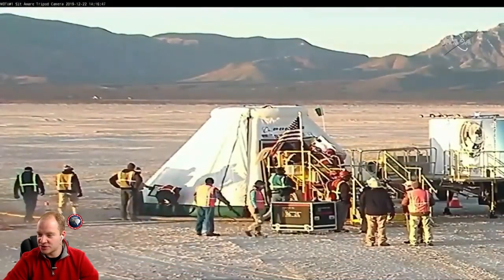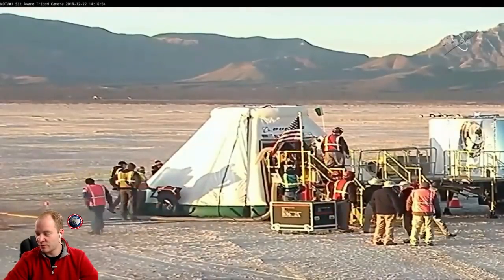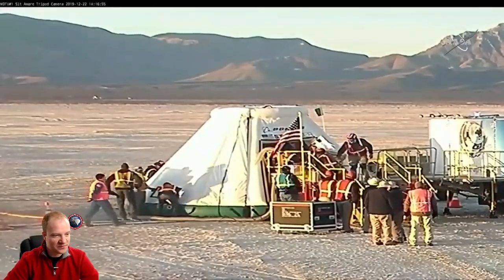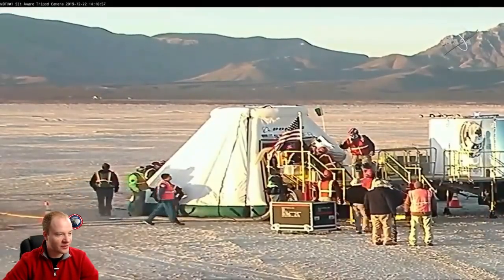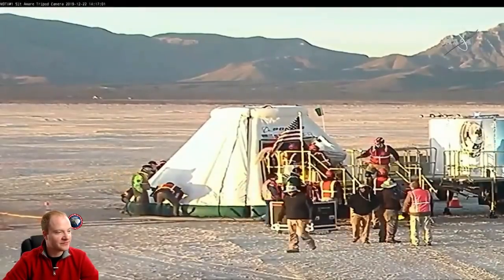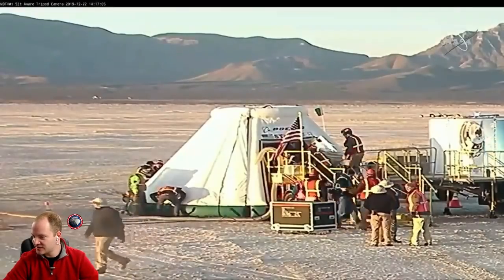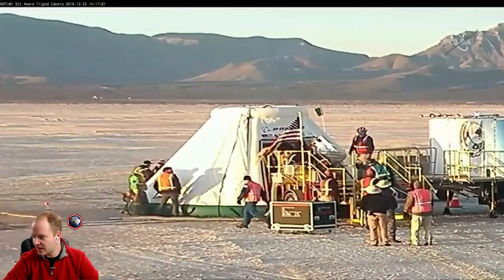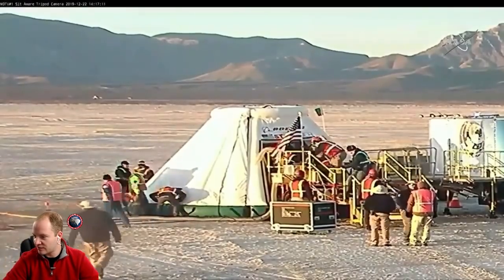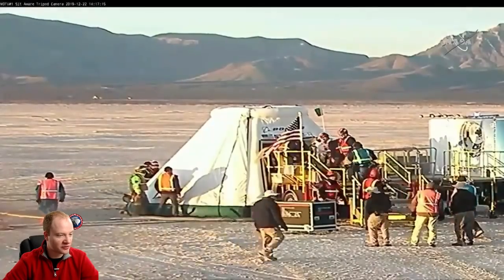I thought that they were going to show us that, because Boeing mentioned this on Twitter. They said they were going to have ground crews with cameras right there to show us Rosie. So that was what I was going off of. So I was hoping they were going to show us Rosie the Rocketeer, so we could at least get an image there. It kind of looks like they might have, I don't know where the cameraman went. It seems like he's around there somewhere. Maybe they'll let him in a little bit closer, but